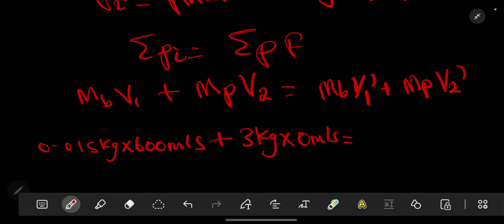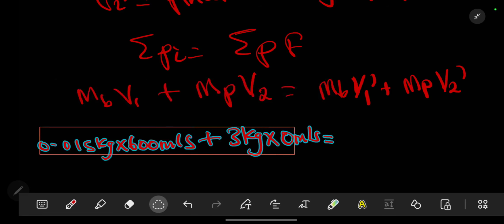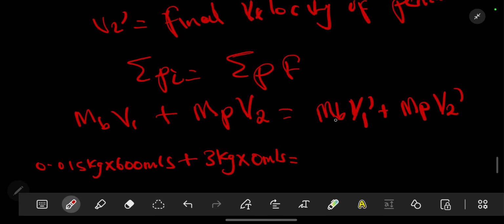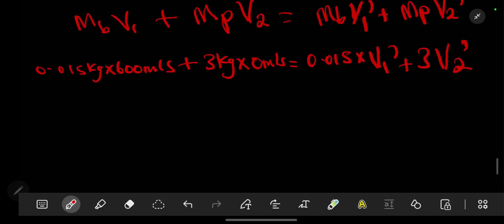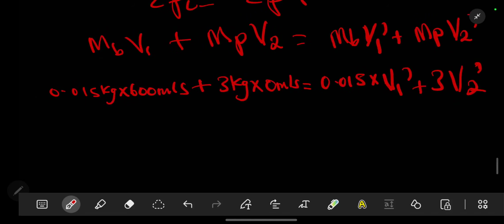should be equal to the mass of the bullet. It is the same. The mass of the bullet is the same. So we have 0.015 times the velocity it starts to move with, which we don't know, plus the mass of the pendulum, which is 3 kg, times the velocity with which it moved after being struck with a bullet, which we don't know. So to simplify now, let's multiply